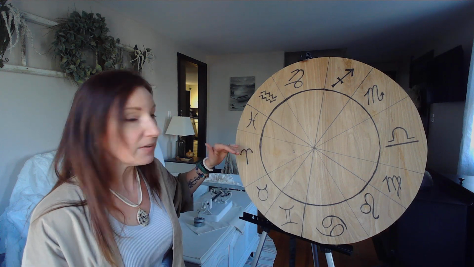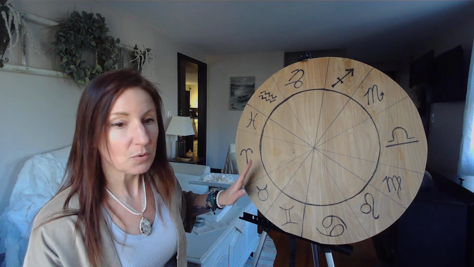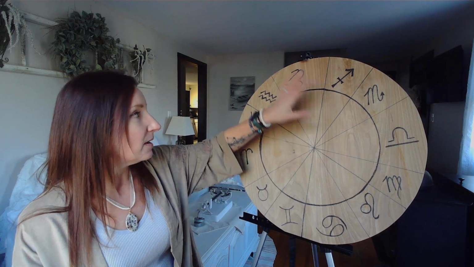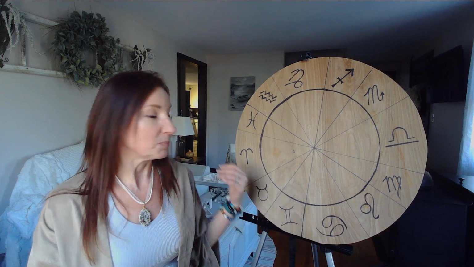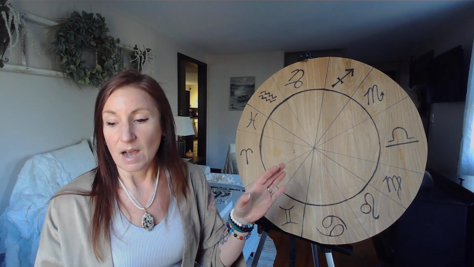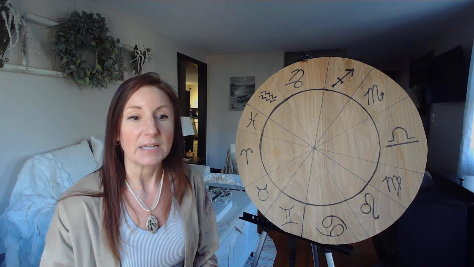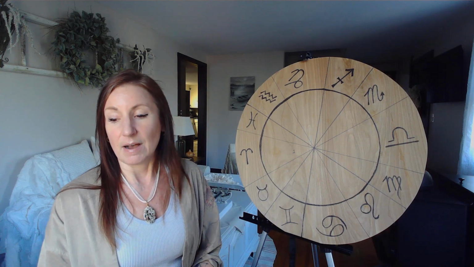So if it was Aries, that's what you were at the very moment. If it was Taurus, you're a Taurus ascendant, and so on. So if you're an Aries, your DC would be Libra. Now, the DC is more about how we perceive the world, not how the world perceives us, which is the AC. It's what we might not want to see in ourselves, but what we want to find in our partner, something like that.